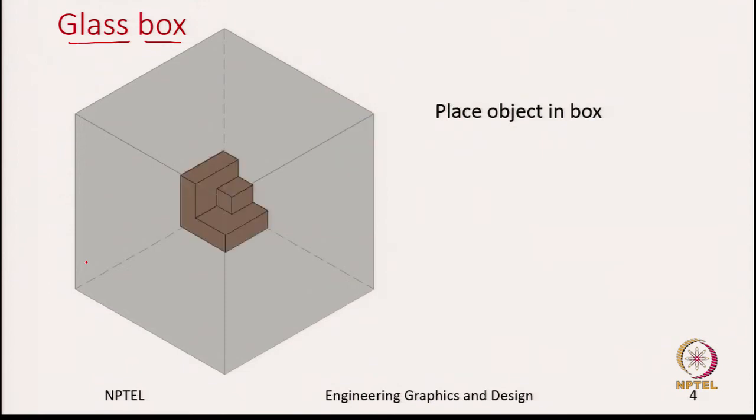Now, we have the glass box and the object is sitting at the center. Now, we need to draw the 6 projection images. So, for that first we need to look at where the observer is looking. So, let us say for the front view we said this is direction A, right. Which means the observer is looking from here,